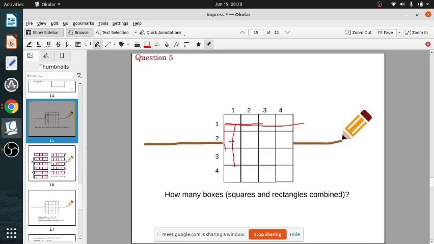If you are taking a square, you are taking here 1, then here 1. If here 2, then vertically also you will take 2. Then only it will be a square. If you take here 3, here also 3. But here you can take any combination. Here I can take 3 and there I can take 1 or 2. Here I can take, for instance, all the 4 and there I will take only 2. So all the combinations you can take. Squares and rectangles combined. This is how this counting works.